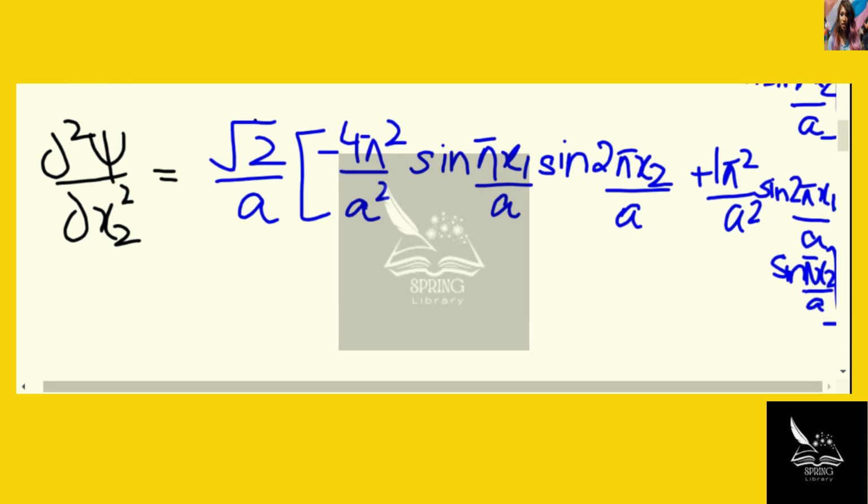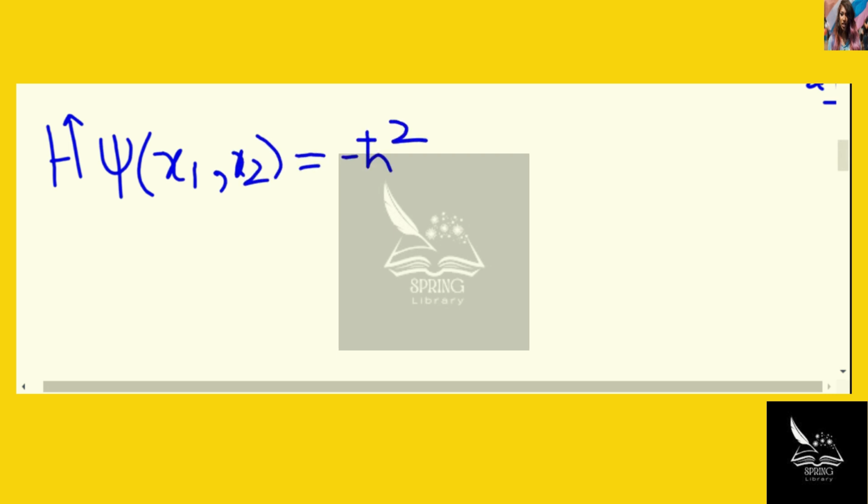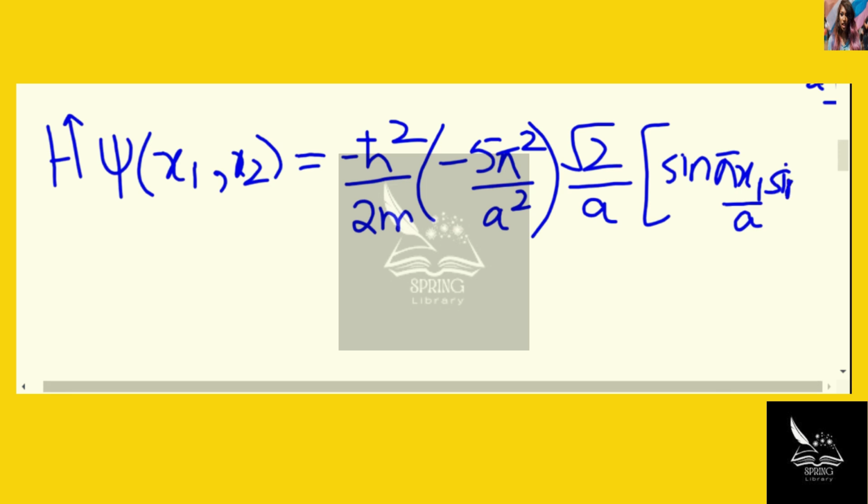Now we are going to plug these values of the partial derivatives of the wave function into this equation with del 1 squared and del 2 squared. Plugging in, we get the Hamiltonian of the wave function x1 and x2 equal to negative h-bar squared divided by 2m, negative 5 times pi squared divided by a squared, parenthesis close, root 2 divided by a, sine pi x1 divided by a, sine 2 pi